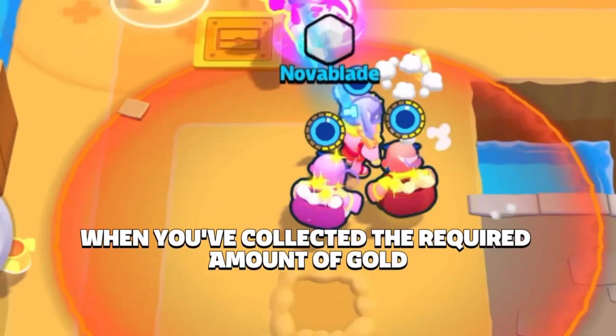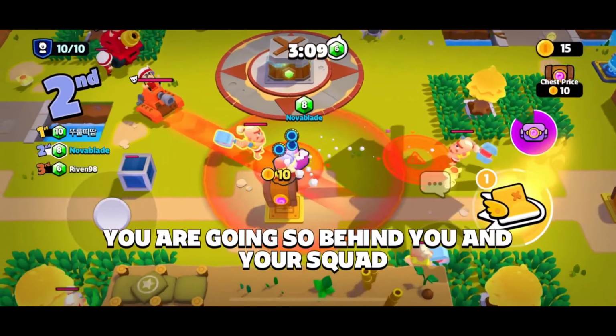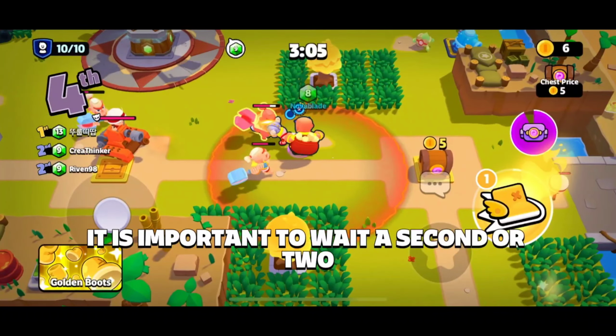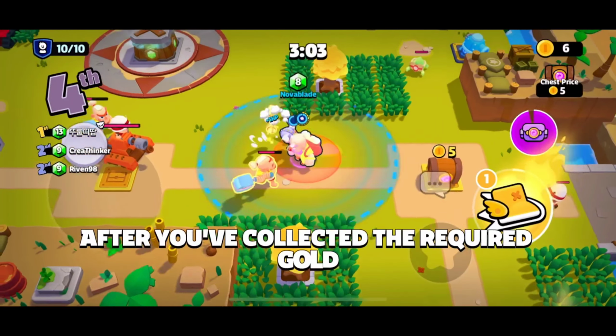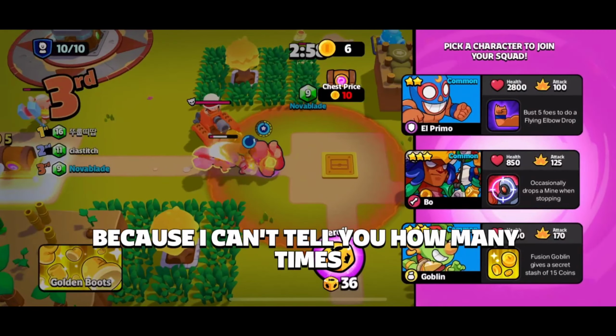When you have collected the required amount of gold, he will drop the gems in the opposite direction you are going, so behind you and your squad. It is important to wait a second or two after you've collected the required gold just so you know you've collected the gems from the trader, because I can't tell you how many times I've